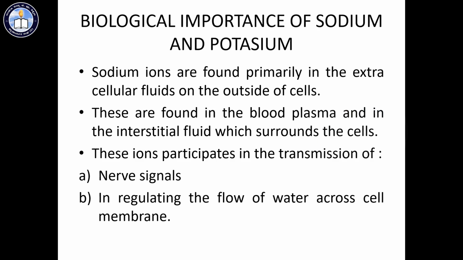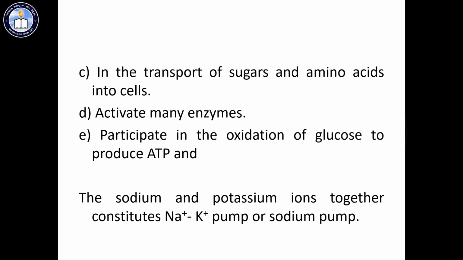Biological importance of sodium and potassium. Sodium ions are found primarily in the extracellular fluids on the outside of cells. These are found in the blood plasma and in the interstitial fluid which surrounds the cells. These ions participate in the transmission of nerve signals, in regulating the flow of water across cell membrane, in the transport of sugars and amino acids into cells, activate many enzymes, participate in the oxidation of glucose to produce ATP,